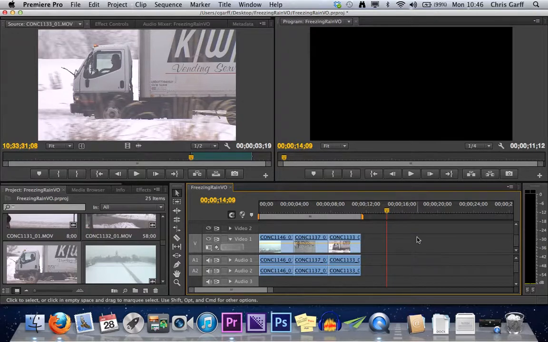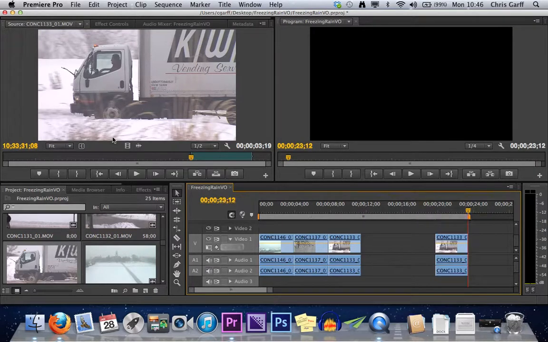So wherever this playhead is, that's where a clip will go if I press the period key again here. So you notice where the playhead was, and now I have a large gap there. If I bring this playhead over, if I'm dragging this playhead, you'll notice that